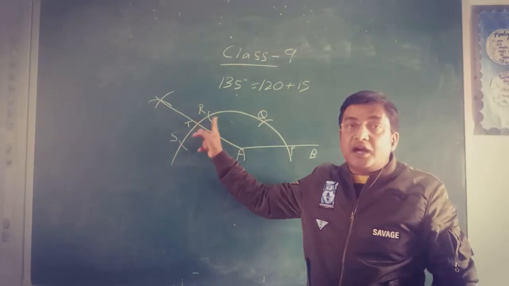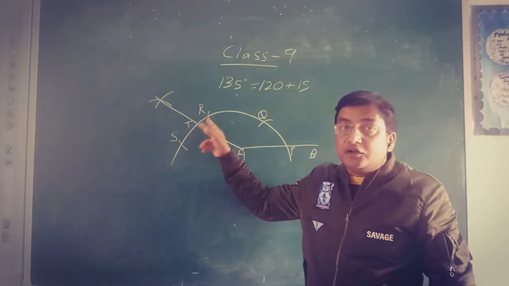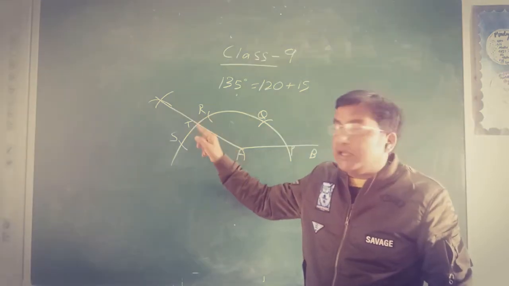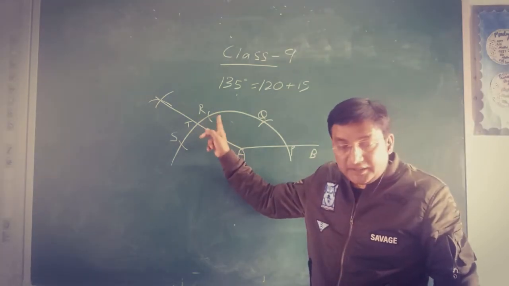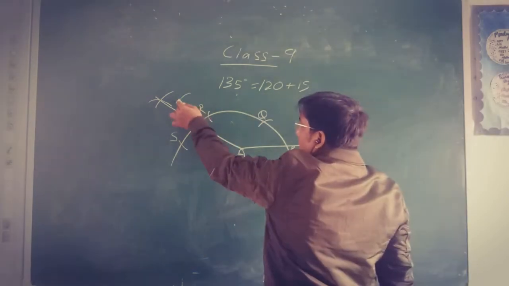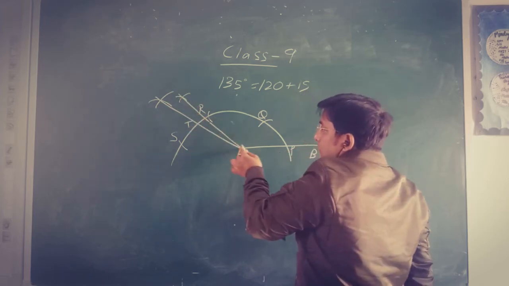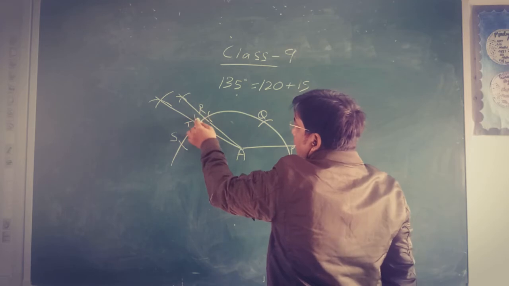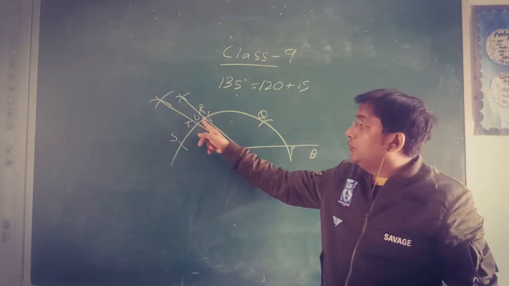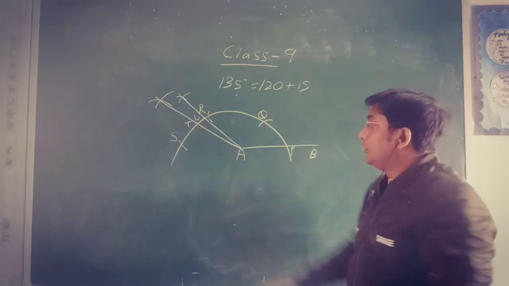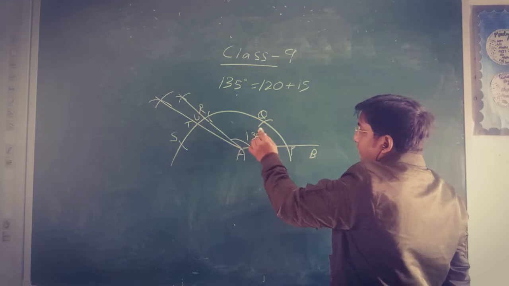Now from R to T it is 30 degree. You need 15 degree. So we have to bisect again this R and T. Corner points are R and T. From R, from T. Now T you can give U. Now from R to U, this is 15 degree. So this is the whole angle, 135 degree.